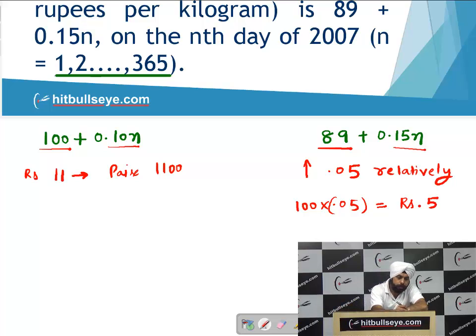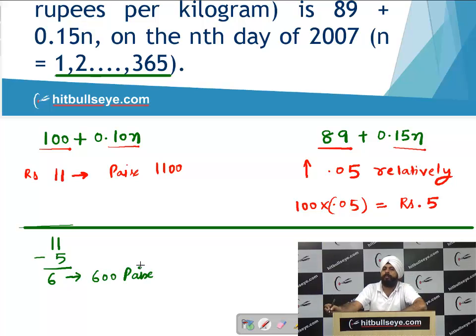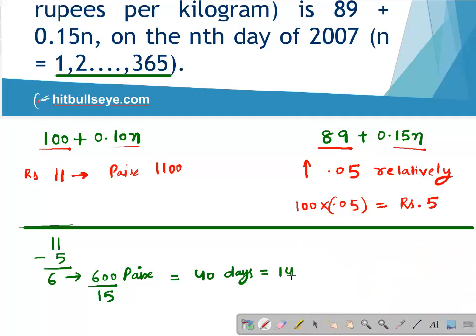Now students, can you conclude here that after the first 100 days, what will be the difference left over in the prices? It will be 6 rupees or 600 paisa. And now the price changes only in Ooty, and that is by 15 paisa. So students, it will take how many days? You divide it by 15 to conclude that after 40 more days, it will be increased by 6 rupees, or both the prices will become equal. So students, 100 days earlier and 40 days now, it becomes a total of 140 days.